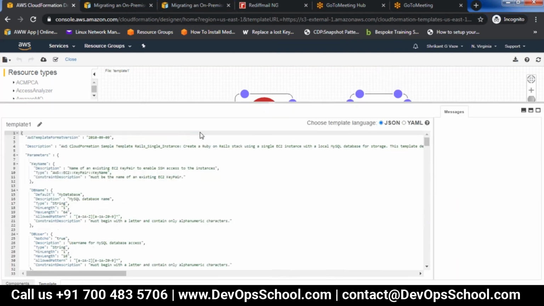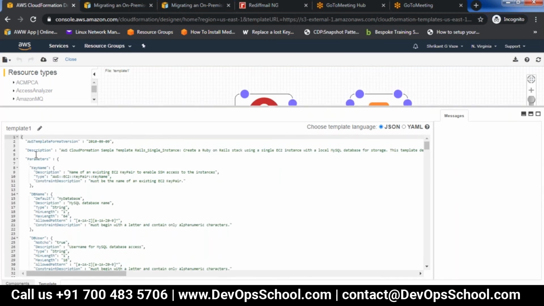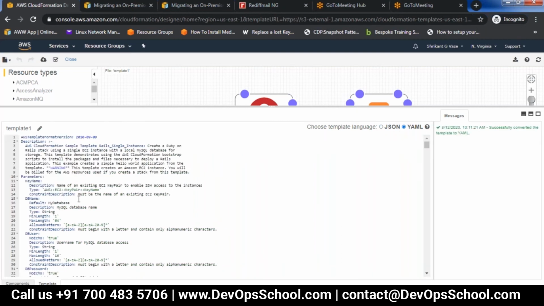Now, what I wanted to show you was, once I open this here, it gives me the details of the template, how this code is generated. There is a JSON format and a YAML format. If you switch it, it will show it in that particular format. So suppose I go to JSON format.